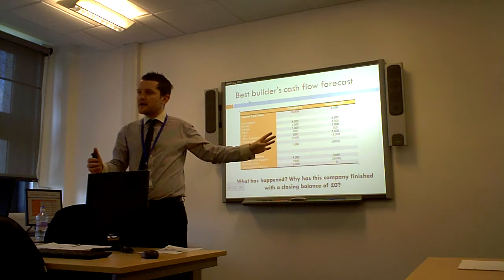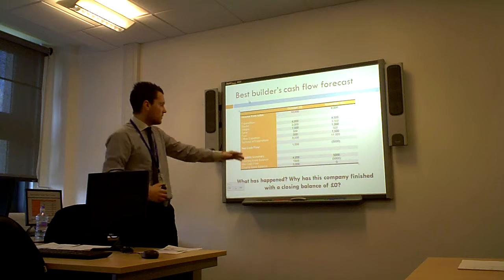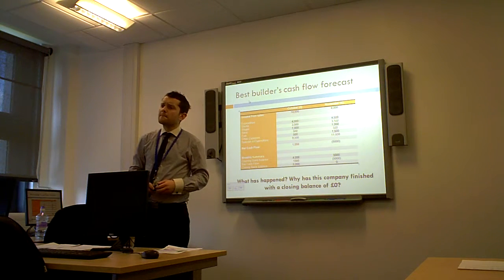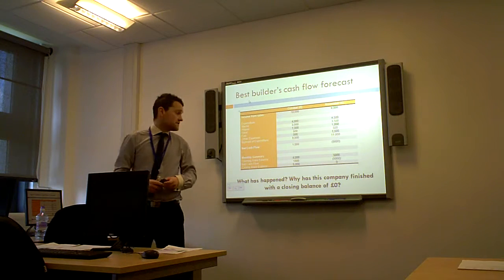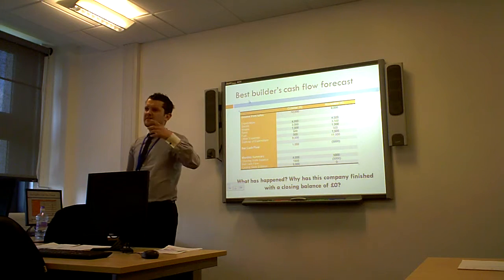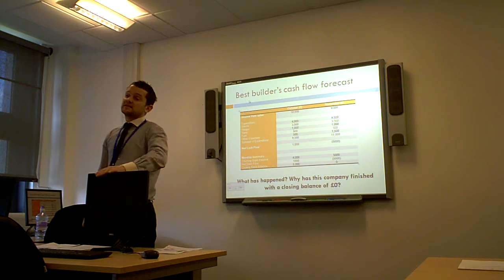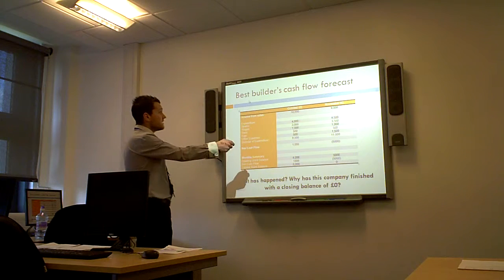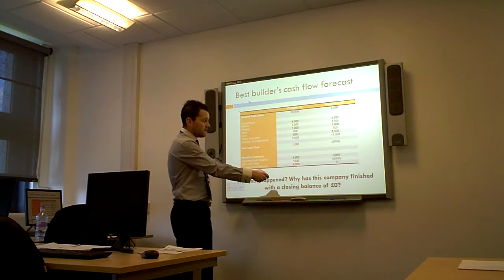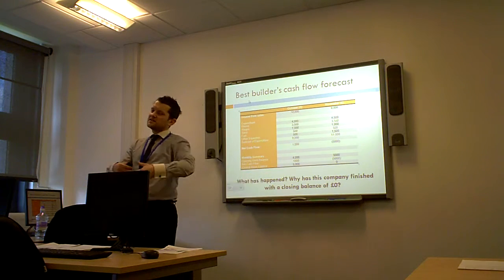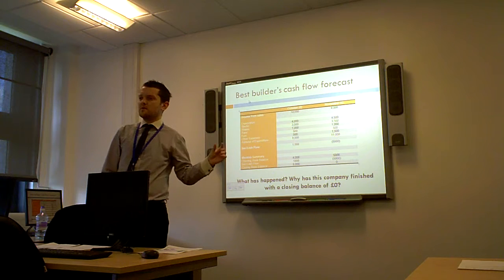Has anyone got any questions about any of the categories, the topics, or the general layout? Does the closing bank balance include profit? The closing bank balance is the amount of money that you have left in the bank at the end of the month after all trading activities have concluded. We don't think of it as profit, but it could be. What this is saying is, at the end of October, we've got £5 grand in the bank, but we paid all our bills. In terms of a cash flow forecast, we don't normally use the word profit.